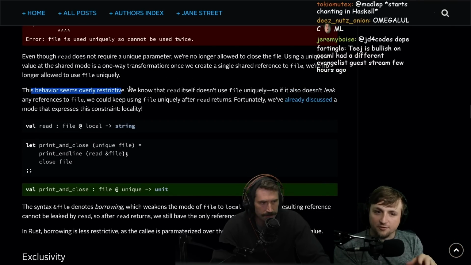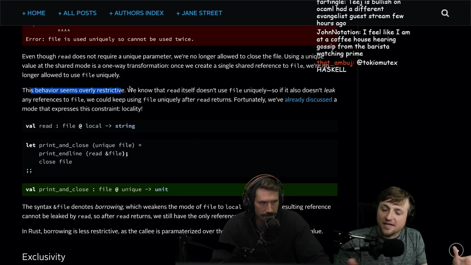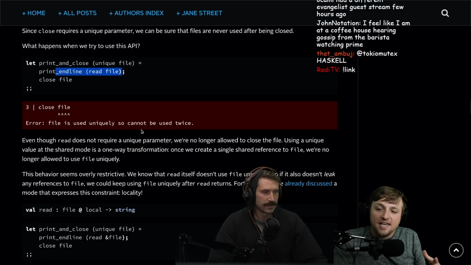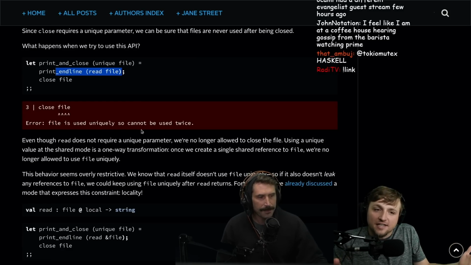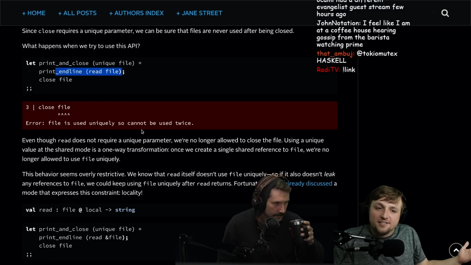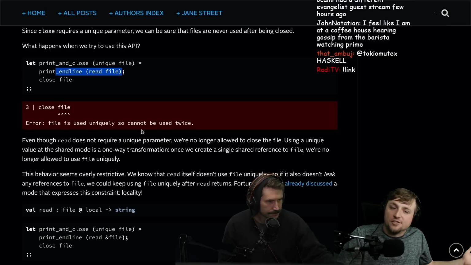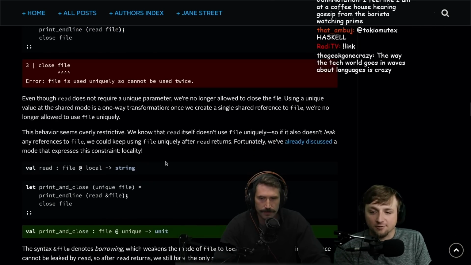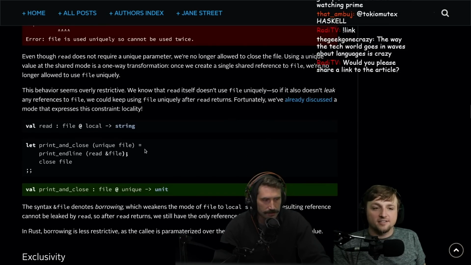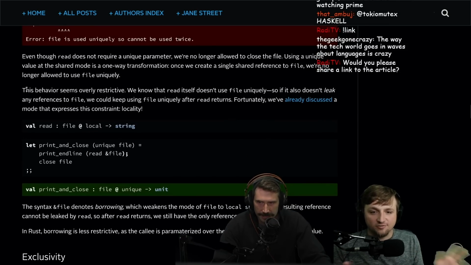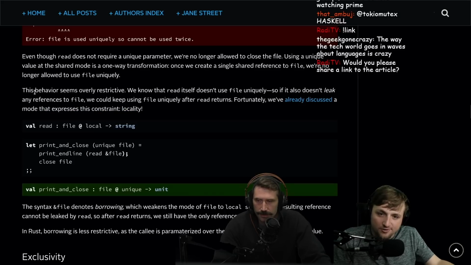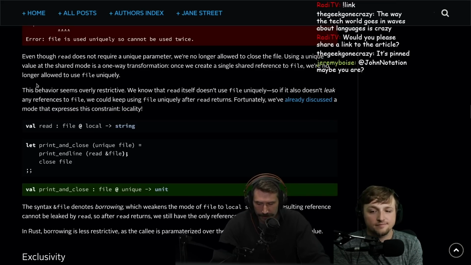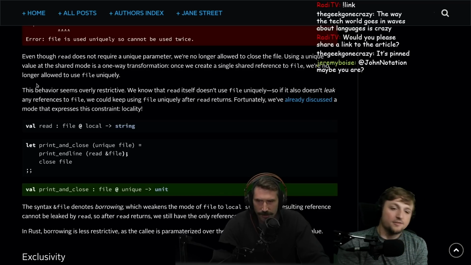And just before we go, notice how that just happens, at least in my mind. I haven't gotten a chance to play with this a ton. It basically happens automatically, transparently. You don't have to think about it. You just use it twice, and it's like, dude, you can't use it, it's unique. So either you remove the uniqueness constraint or you figure out what you need, but you don't need to go crazy to do a bunch of extra things for it, right? It's happening automatically, which is really cool. It feels very nice. Yeah. It's a very simplified version of the borrow checker and how values work in Rust without all of the other parts.